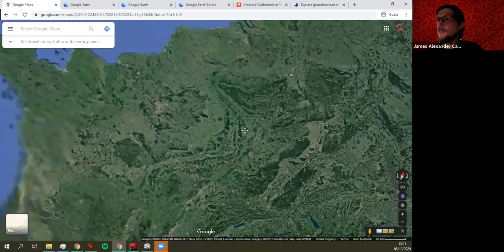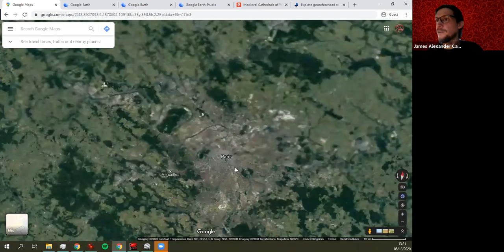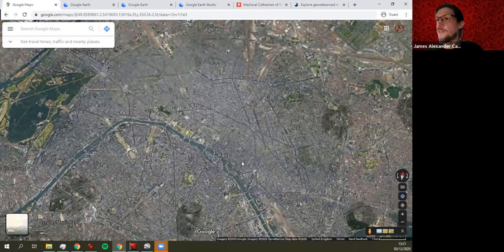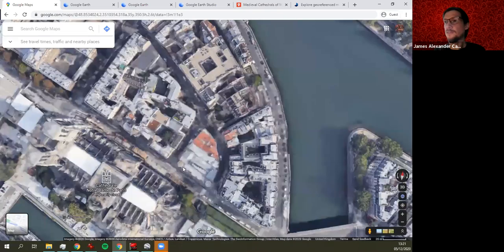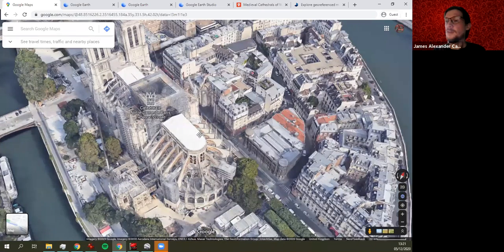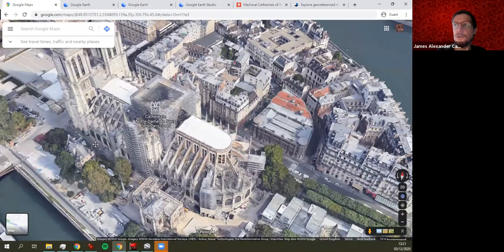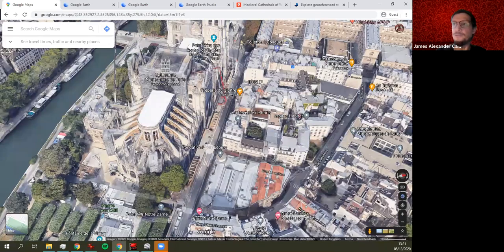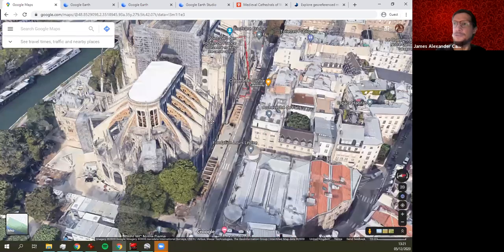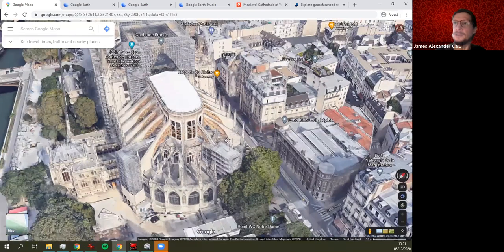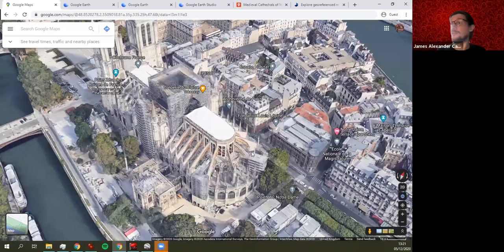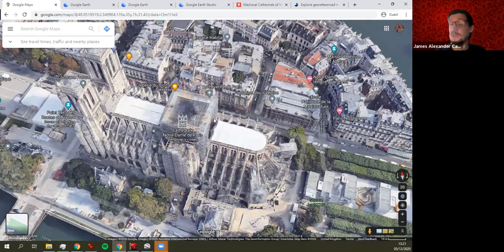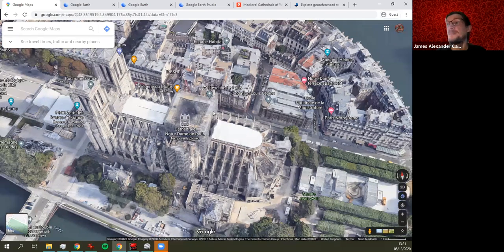One other issue with Google Earth is that there's no way whatsoever to see older imagery. So for instance, this is what Paris looks like. Now there was another model of this before the fire. While this is really interesting to see how the buttresses are held up and the glass taken out, it is kind of annoying that they can just change things and not have any option for us to see the older versions. And this is particularly annoying in France because, as you'll know,